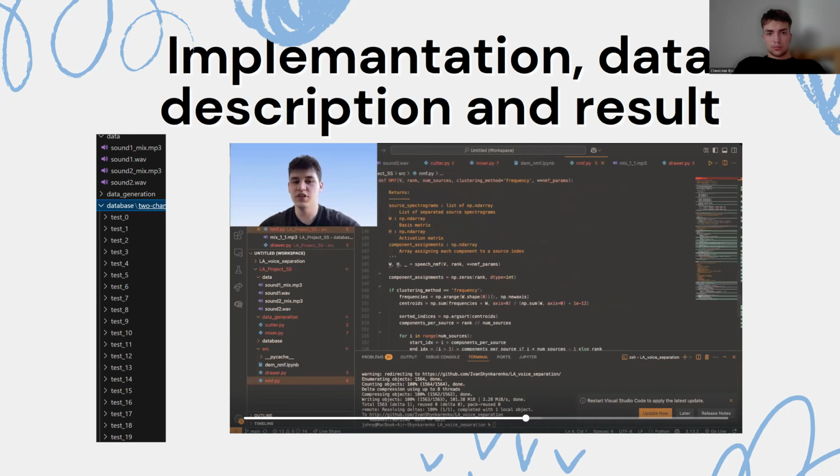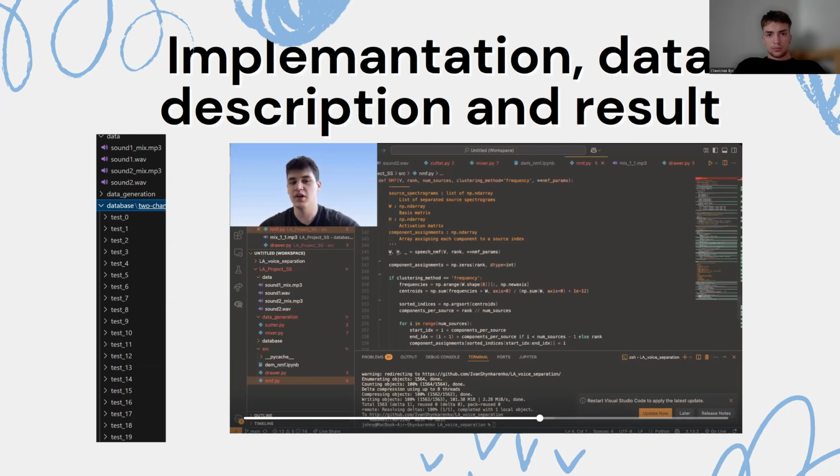After factorization, we still have the components, but we want to recover the number of sources and separate audio tracks. Here we use frequency centroid clustering.